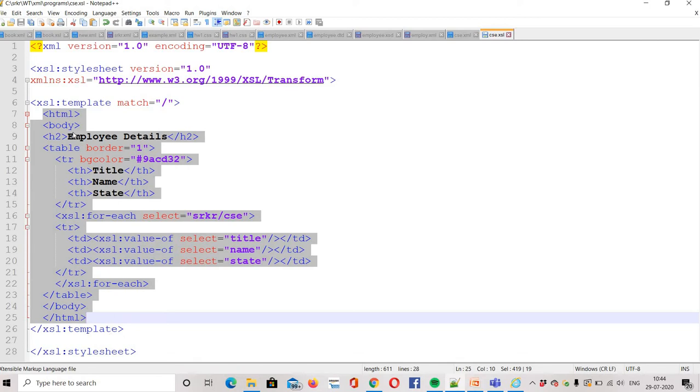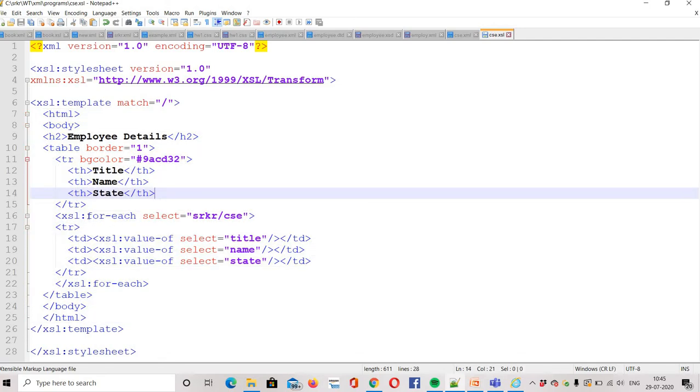I have taken an HTML body, and I have taken one table. What you have not seen up to now are for-each and value-of. These are elements. xsl:value-of is one of the elements used to extract the value of the selected node.